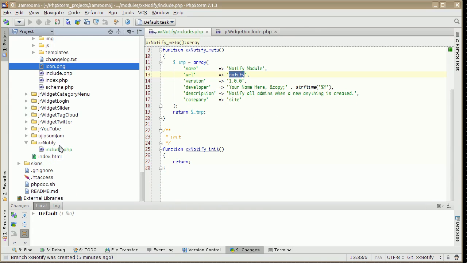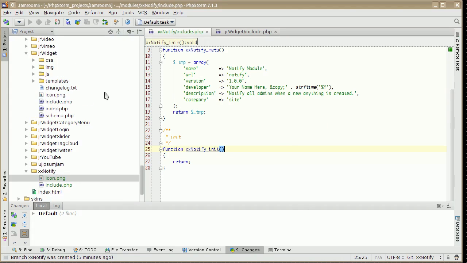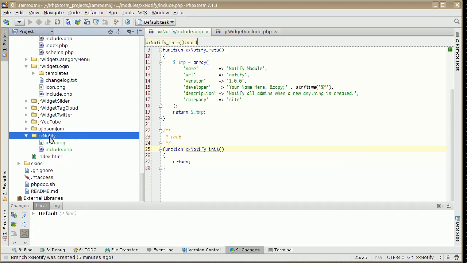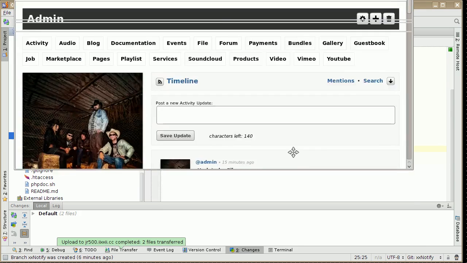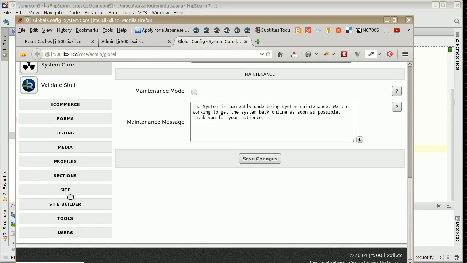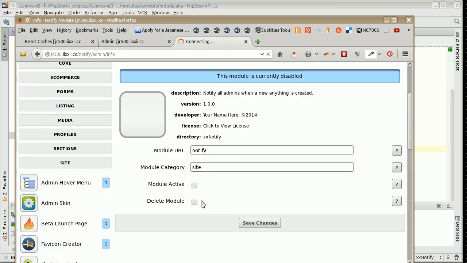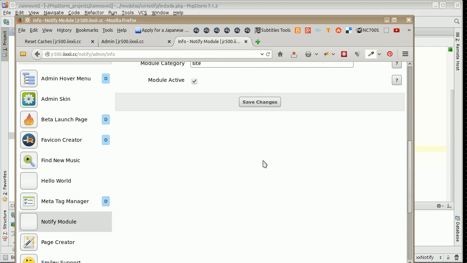Grab an icon from somewhere else too. Actually, we'll use a different one. Use one that's blank. Okay, and into our site. See if it turns up there under site. There it is there. And activate it. There we go. So we've now got a module that's active that controls the URL notify,